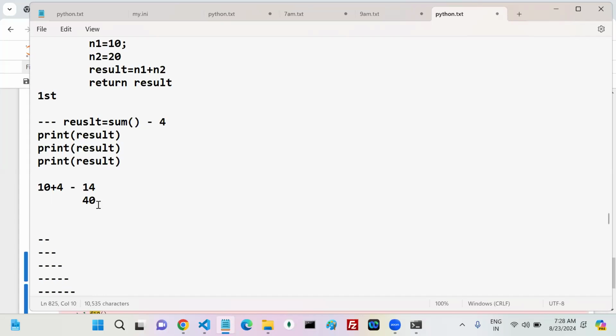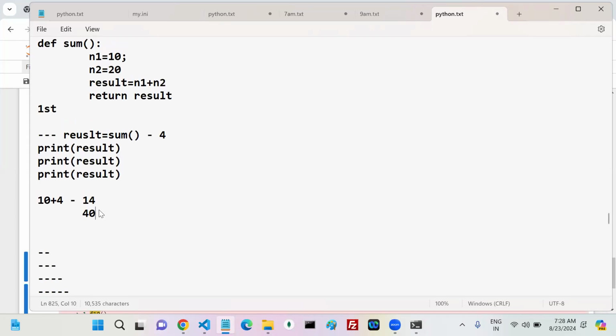Which one is the recommended one? You want me to execute 14 lines or 40 lines? Both give me the same result, but which one is recommended? 14 lines, obviously, right? See, when you go with return, one function handles some functionality. That functionality's result, if you want to use it in future, ask them, give me the result. I'm going to store it and use it instead of reaching you every time. Yes or no? So, good.